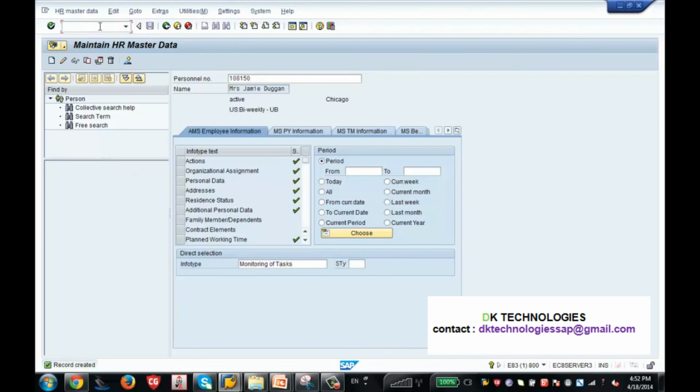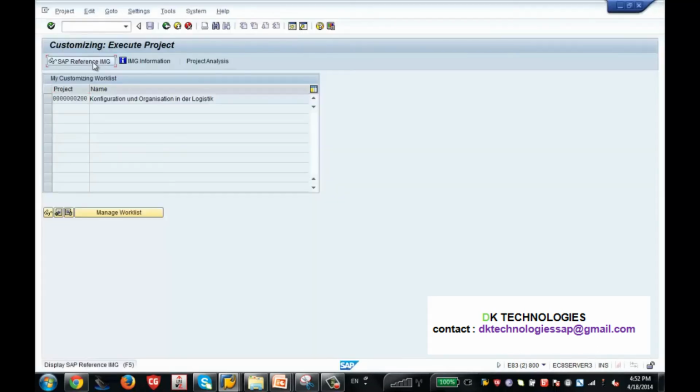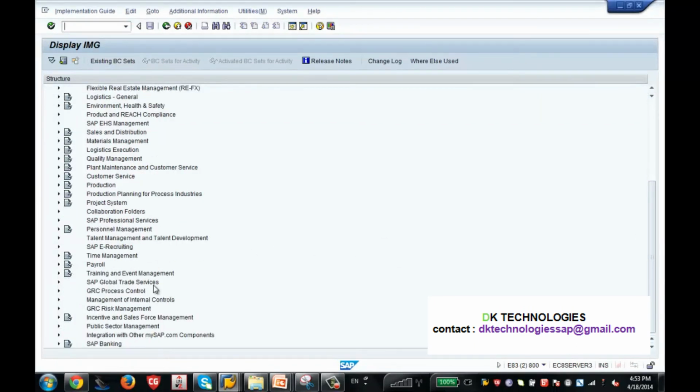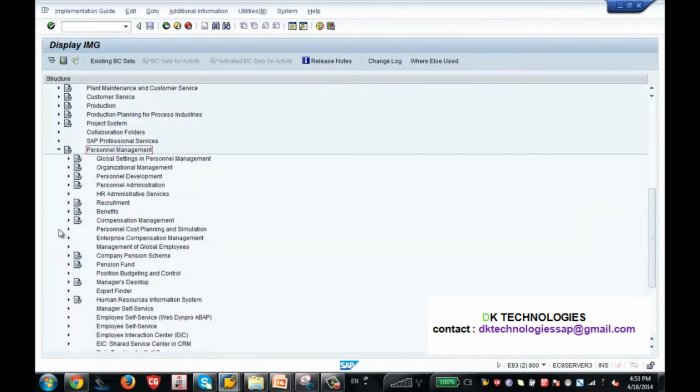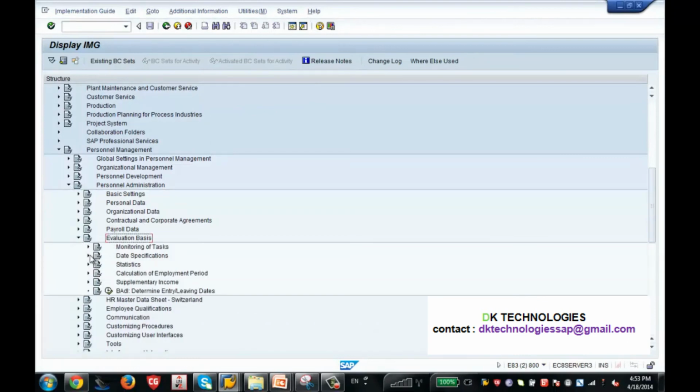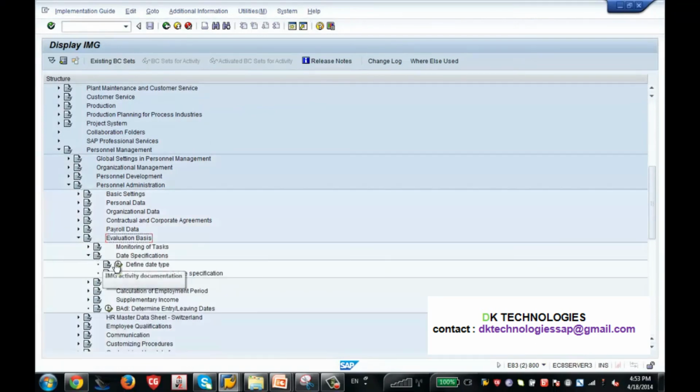Now let us go back to the configuration, /o SPRO. Here, go to Personnel Management, expand this, again go to Personnel Administration, expand, then go to Evaluation Basis, expand this, and now go to Date Specification.